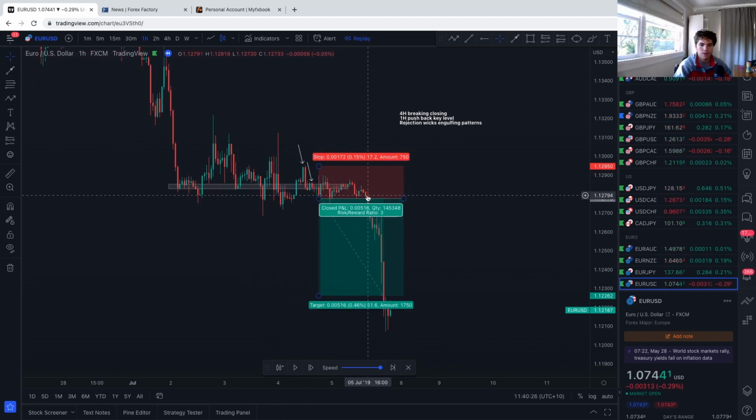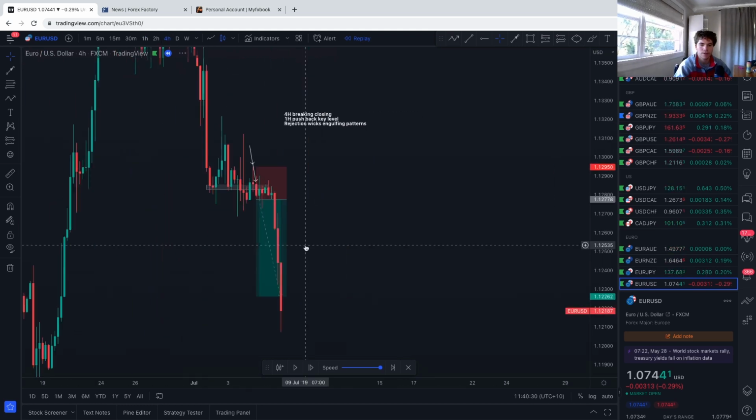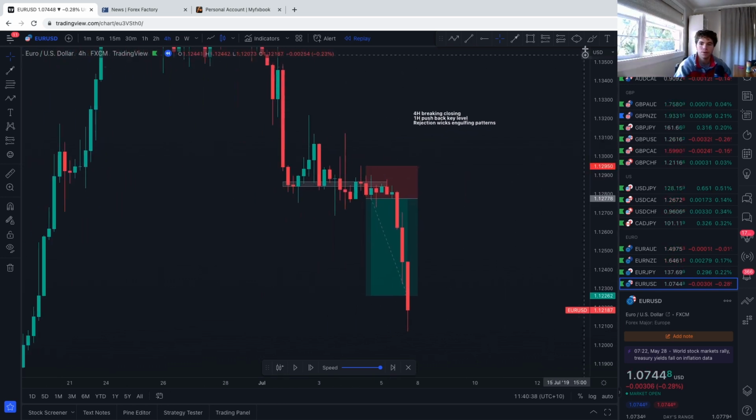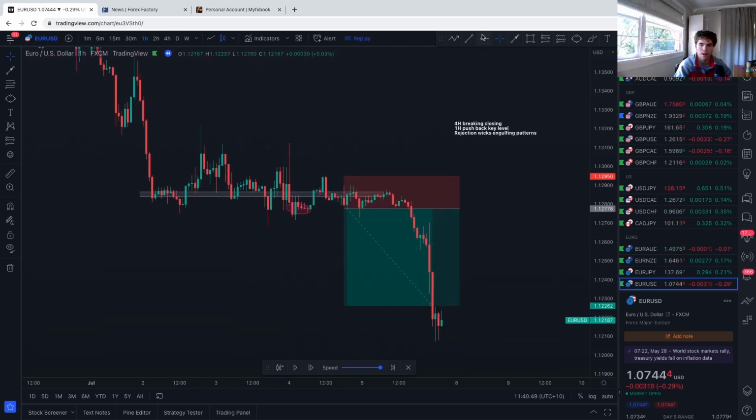Obviously, it's not the perfect entry. But if we look at the 4H, we had the bearish structure with price breaking below. Let's just get rid of this to make it a bit clearer. All we did was identify the 4H breaking below over here, below these key levels. Then we can see the 1H creates a very deep retest. And then we see this behavioral flip with a lower low, a lower high, and then that big weak rejection